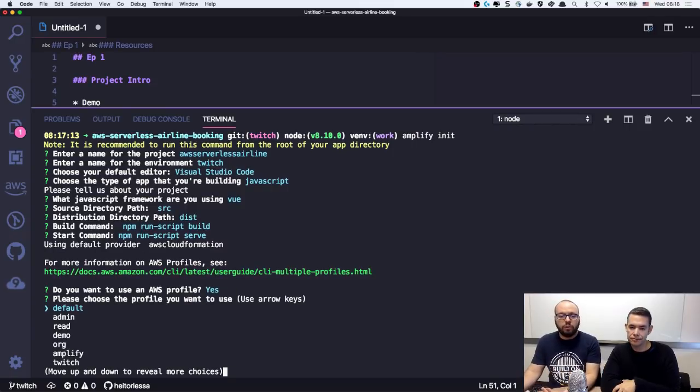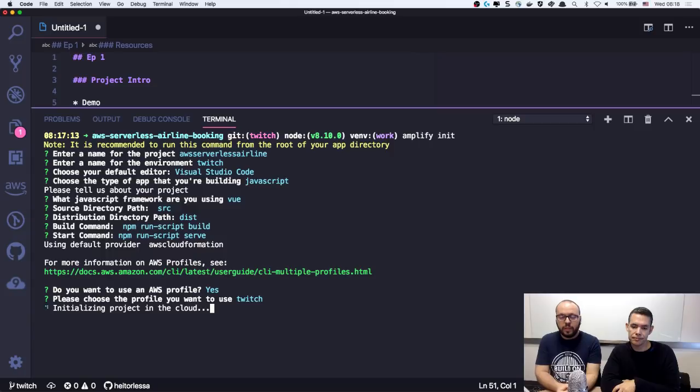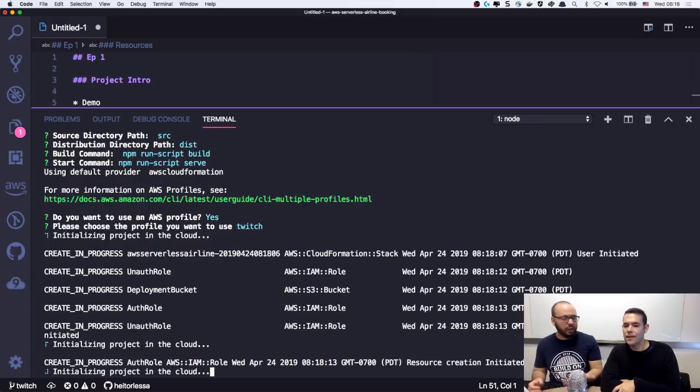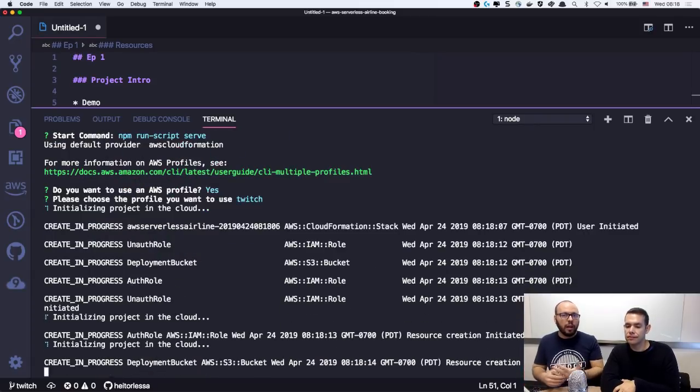Yes, I do want to use an AWS profile. So I'm going to be using Twitch, which I already have configured, like I mentioned to you. So that's going to be taking a little while now, about a minute and a half. That should essentially be bootstrapping an IAM role, an S3 bucket for deployments, all these pieces we need